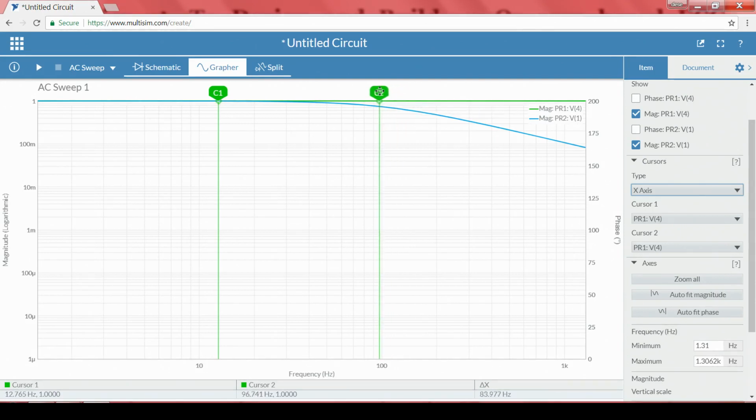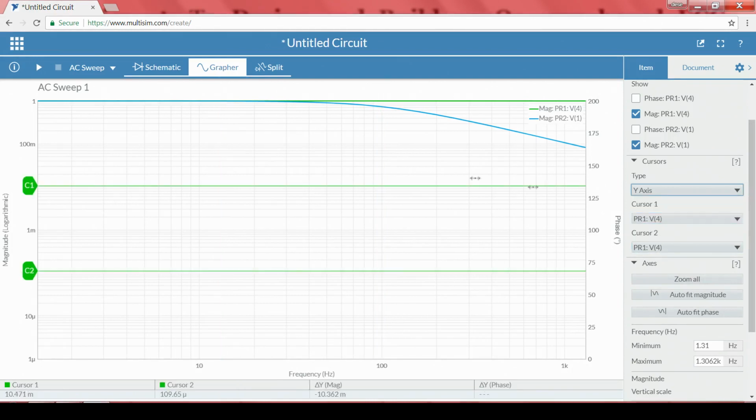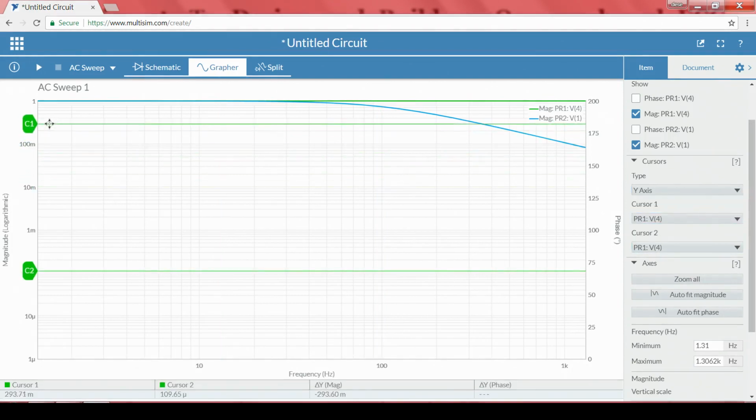So, the C2 value should be, let us take somewhere around 100 hertz, then I will take the y axis cursor. Because we require 700 millivolt magnitude, slowly I am increasing, observe delta y here. This particular value, right. So, 750, 800, slowly decrease, 694. So, this is nothing but my line.